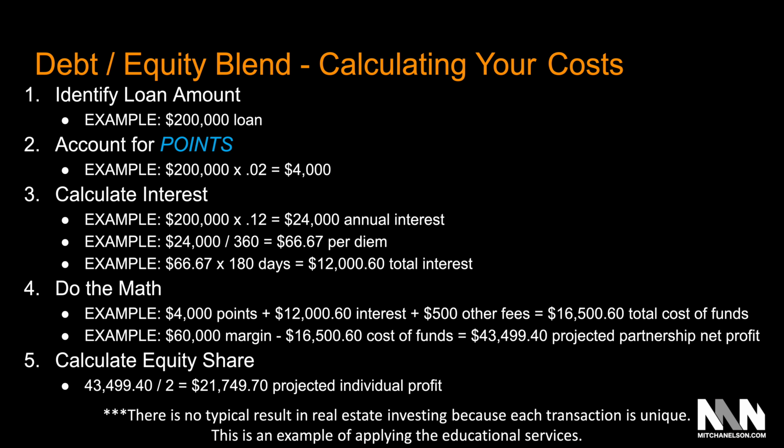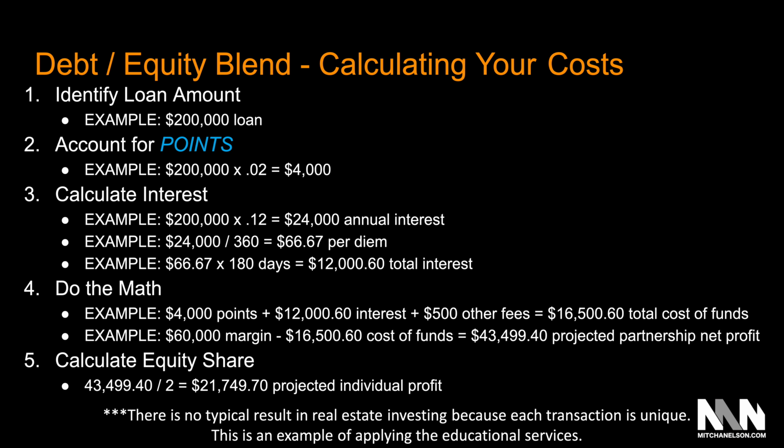So we got to calculate the per diem. We're going to take that $24,000 annual interest and we're going to divide it by 360. Remember that a financial year is 360 days. So we divide that by 360. That's $66.67 per diem. That's just a fancy Latin way of saying per day, but that's what the loan industry uses. So you got to know that term per diem. That's $66.67 per day in interest charges. So at $66.67 per day times 180 days, which is roughly 6 months, that gives us a total interest cost of